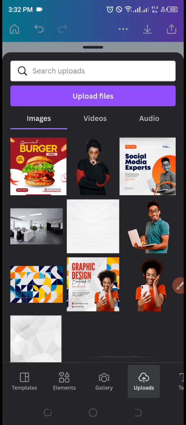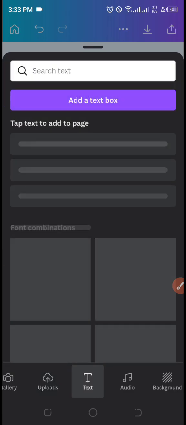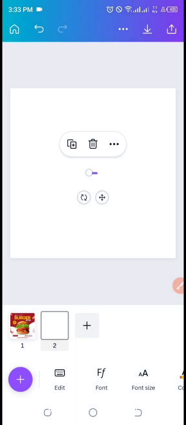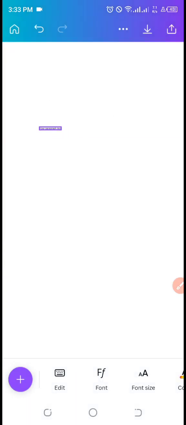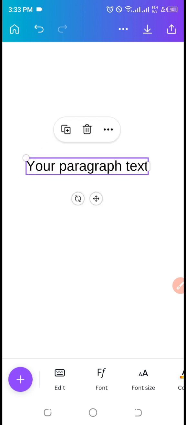Click on this plus button right here. Go to text. Click on add text box. You can just zoom in and increase the size. Right, zoom in, increase the size, and once you're done,